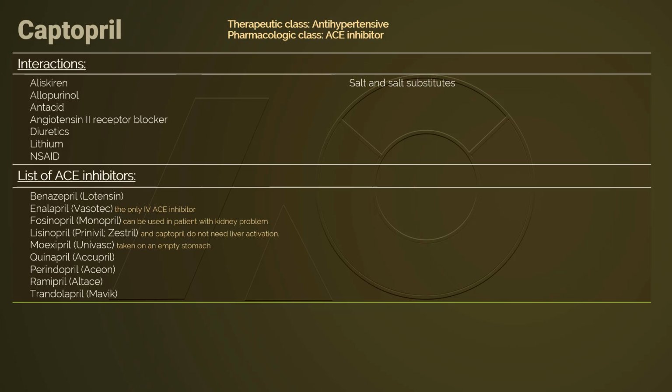Teach the patient on interactions between captopril and other medications, or between captopril and food. Aliskiren can increase risk for renal impairment. Antacid may decrease captopril effect. Using captopril and allopurinol together increases risk for hypersensitivity reactions and possible infection. Angiotensin receptor blocker, ARB, should not be used together with ACE inhibitors because these two groups of medication share very